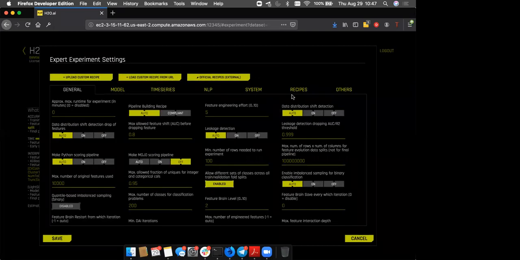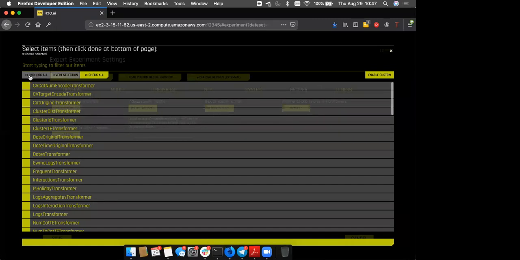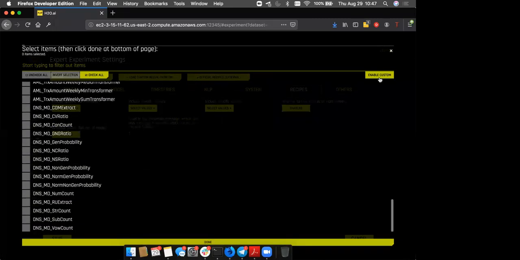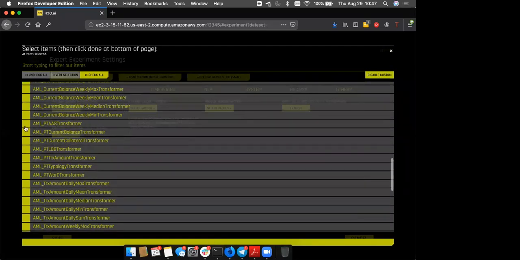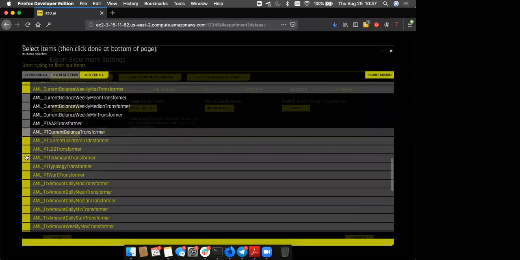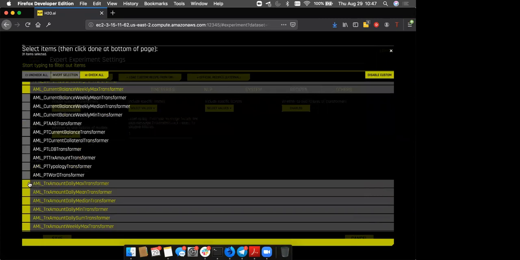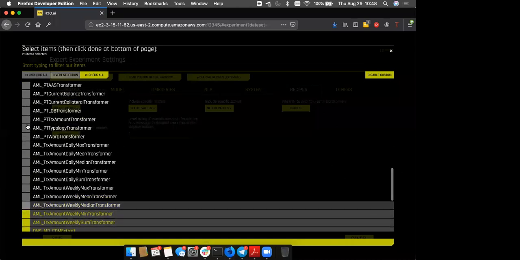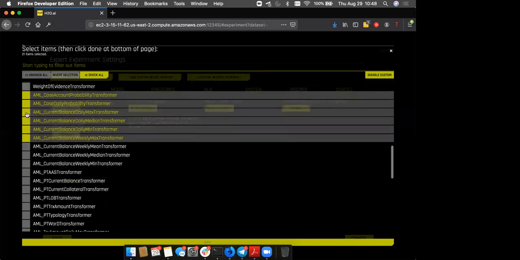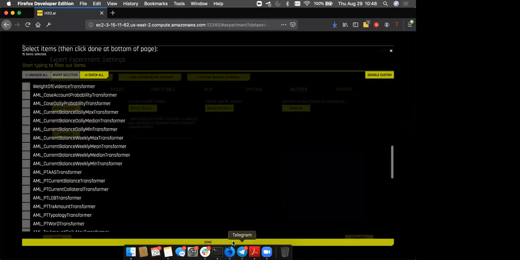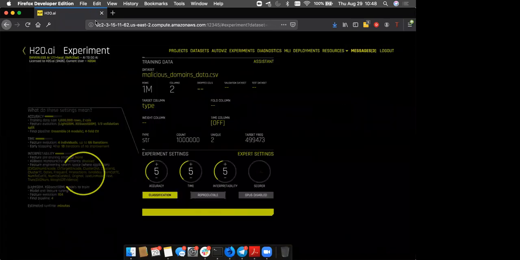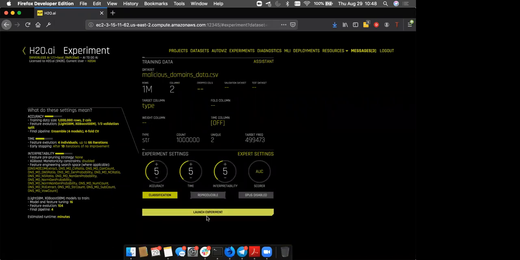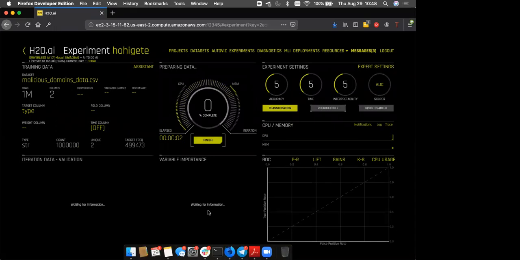And then we go back to the expert settings, and here we've already preloaded the recipes. Just make sure we uncheck all, and in this case, when we say enable custom, we disable all the AML specific transformers. It's as simple as that, okay? Give me 1 second, I should be done with this. All right, we're good now. So let's just go ahead and launch the experiment. What this will tell us is how good of a model we can build based off the data set that we have. And having said that,